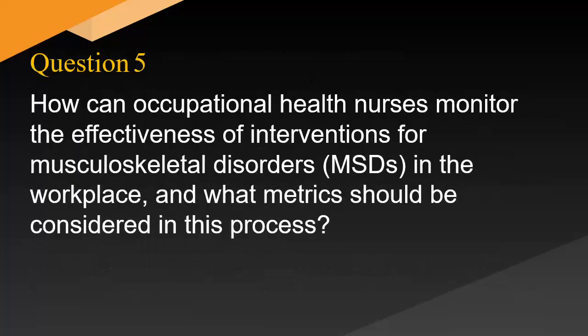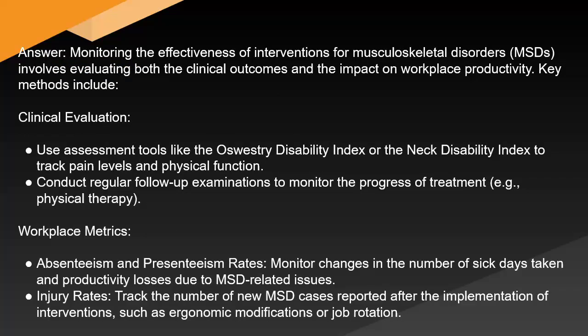How can occupational health nurses monitor the effectiveness of interventions for musculoskeletal disorders (MSDs) in the workplace, and what metrics should be considered in this process? Answer: monitoring the effectiveness of interventions for musculoskeletal disorders involves evaluating both the clinical outcomes and the impact on workplace productivity. Key methods include